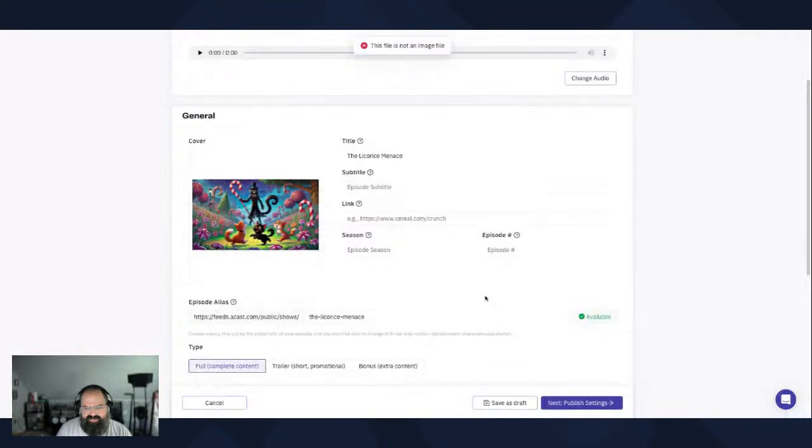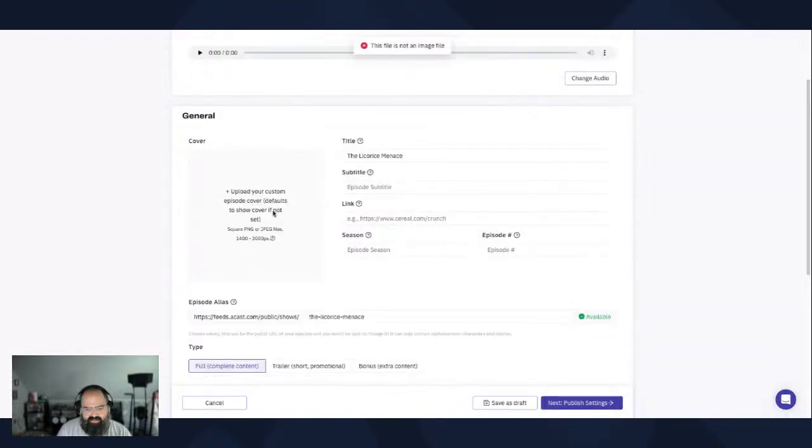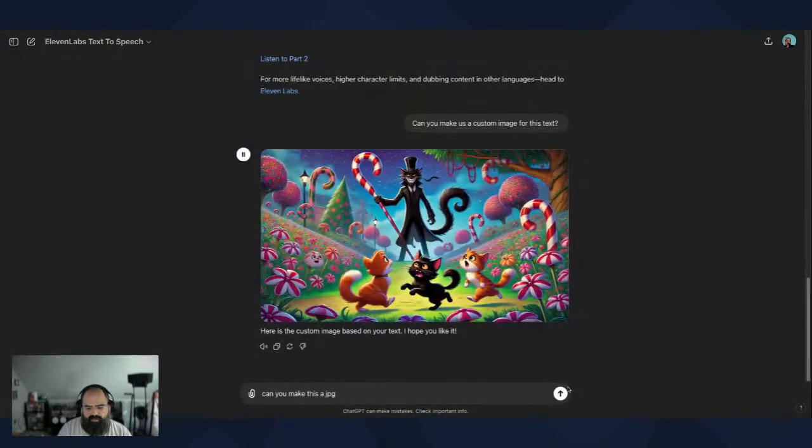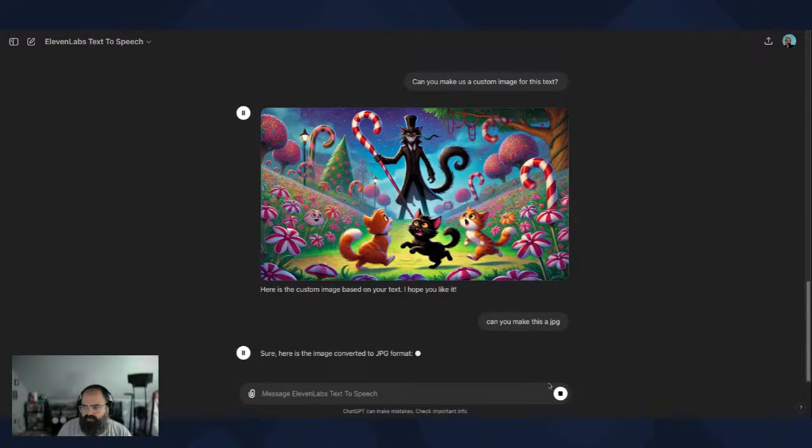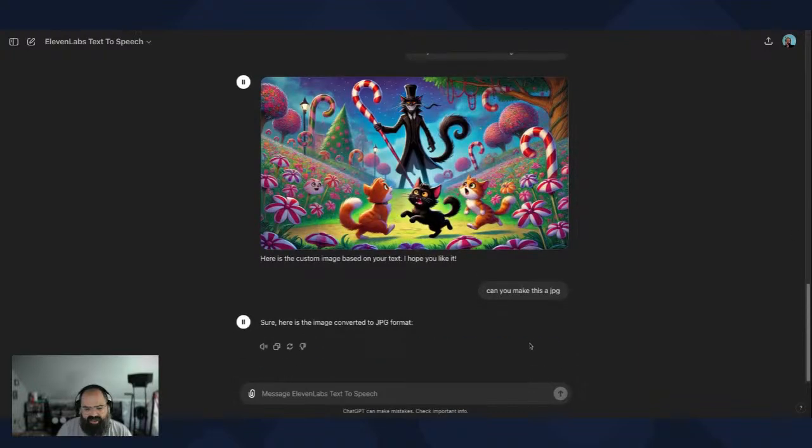Okay, crop it. The file's not an image. What does that mean? Oh, it's a WebP. Ugh. Can you make this a JPEG? All right, let's go back and try to get a JPEG going.